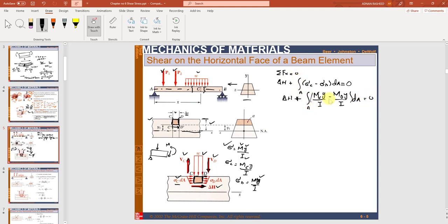Clear? So you can see y is common, so we can write them as delta H